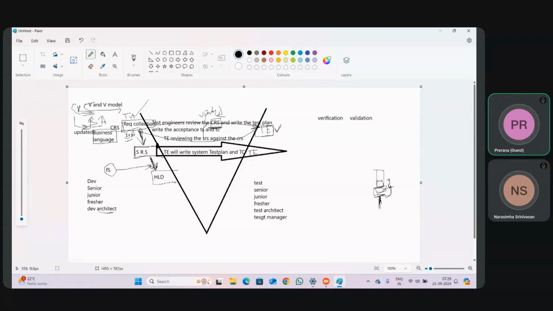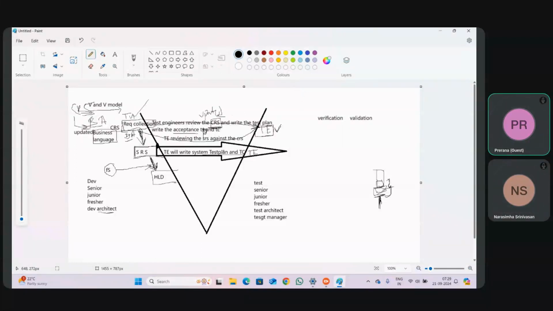Acceptance test plan is a different concept. System test plan is a different concept. Test cases are different concepts. All this we will learn in the future. But something we are doing, we are documenting something.